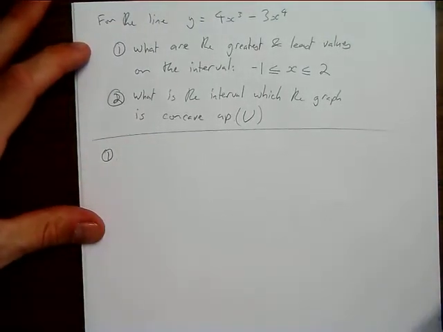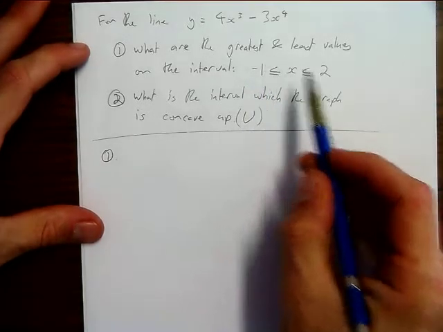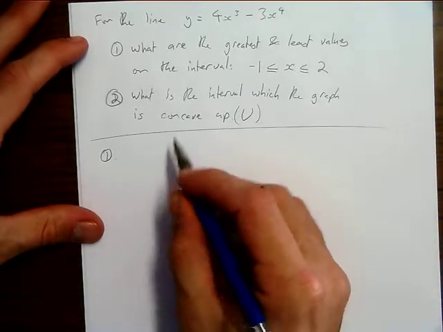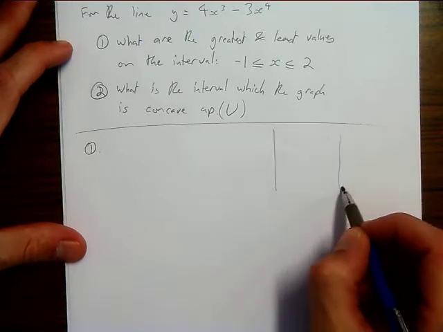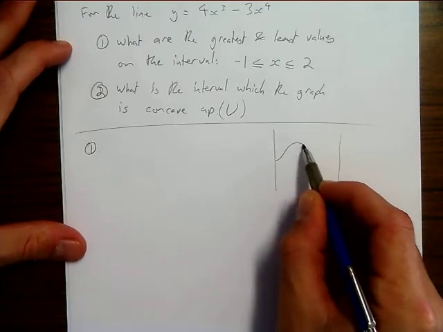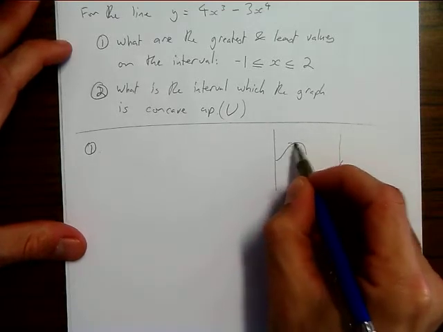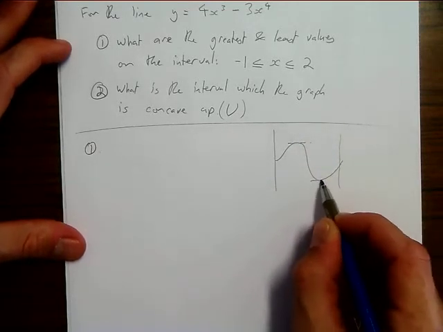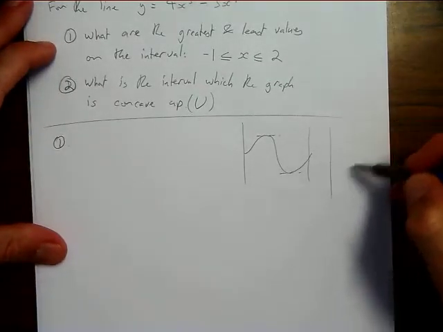Okay, so where could the greatest and least values possibly be? The stationary points and the beginning and the end of the bounds. Okay, so we have a couple of situations. I'll just do a little bit of a sketch over here. If these are the start and the end of our bounds, we could have a situation like this, in which case the greatest value is a stationary point and the least value is a stationary point. Or we could have a situation like this,